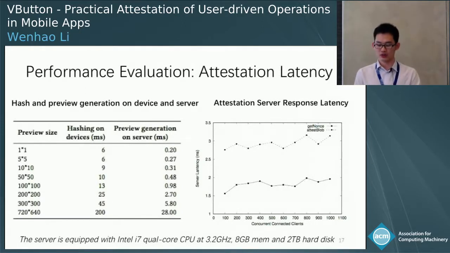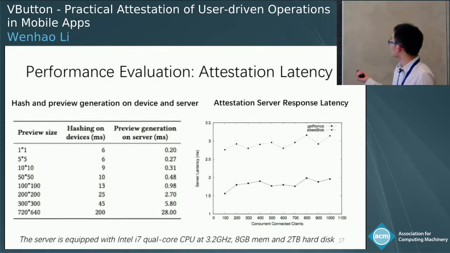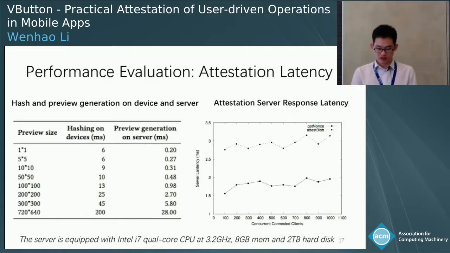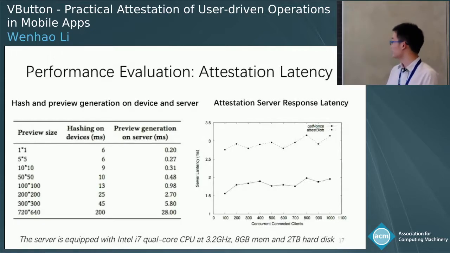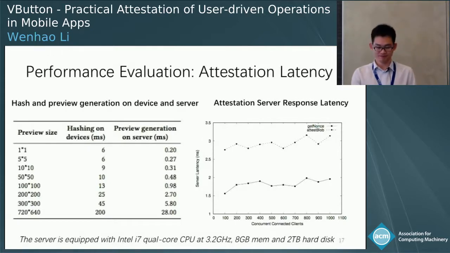So we recommend application developers avoid attesting images, such as capturing the whole screen for attesting. We also measure the performance in the attestation server. As shown in this figure, we have simulated 100 to 1,000 concurrent user requests using Apache Benchmark. From this figure, we can show that the attestation server scales well with very small service latency.